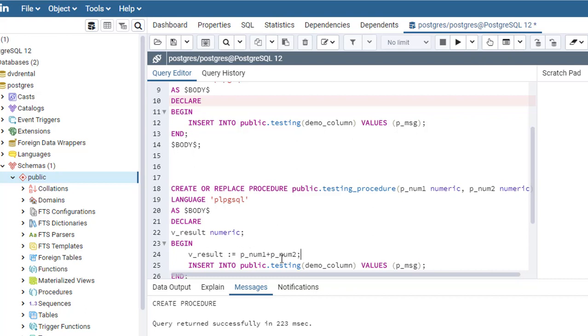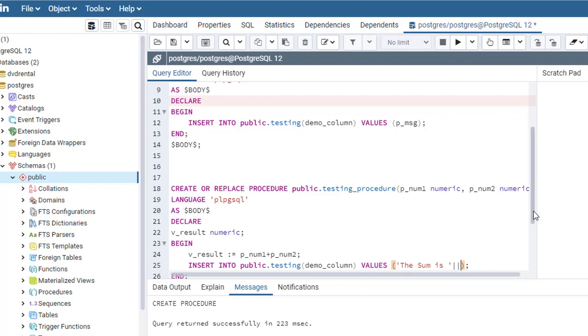Whatever summation comes will be assigned to v_result, and I will insert that into the table.